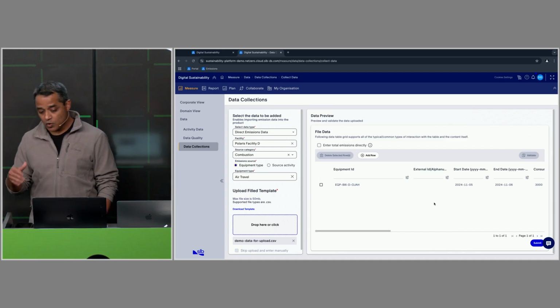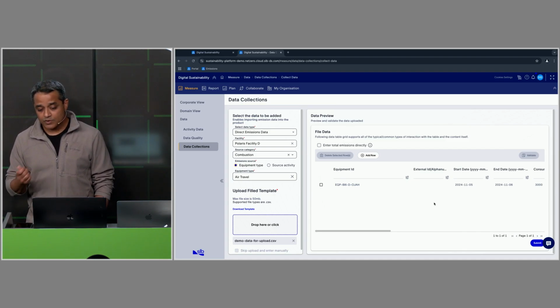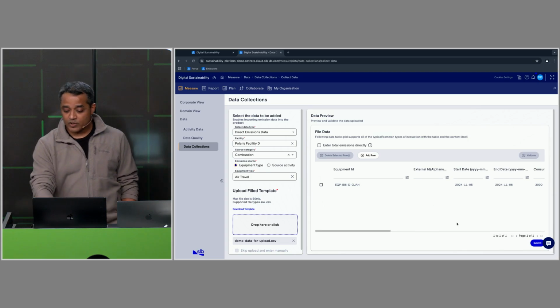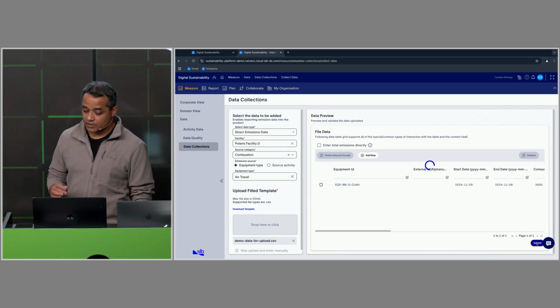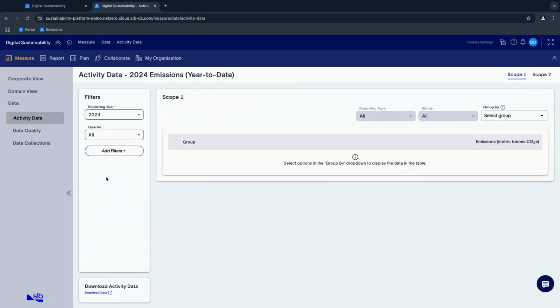It just shows one row, but that can vary depending on the amount of data that the user wants to upload. So when I hit submit over here, this is actually invoking the Foundry dataset APIs to upload the data into a dataset, and then we have schedules in place that will trigger and process the data, and then eventually it will show up back in the calculations. So once the data gets processed over here, it will show up in what we refer to as the activity data. So if I go down to select a